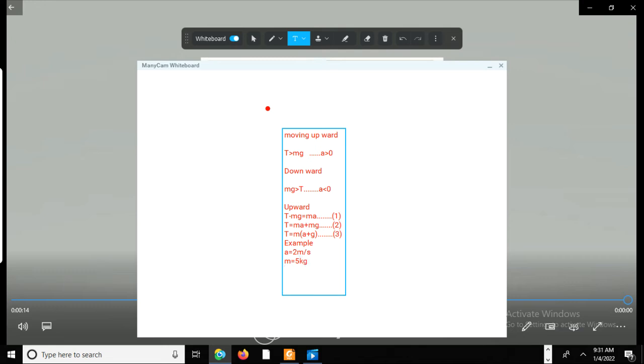So tension will be 5 times 2 plus the acceleration due to gravity, assume 10 meter per second squared,